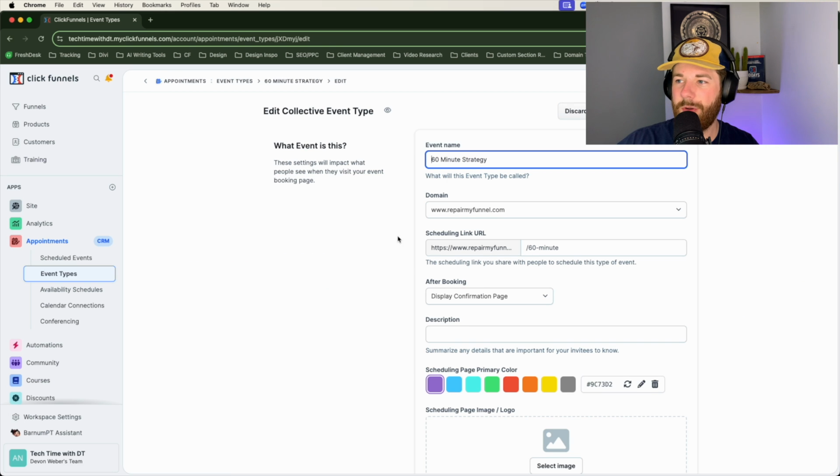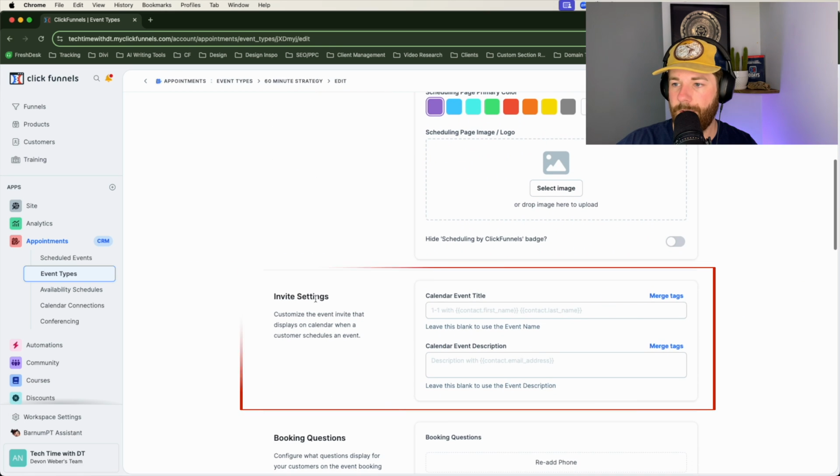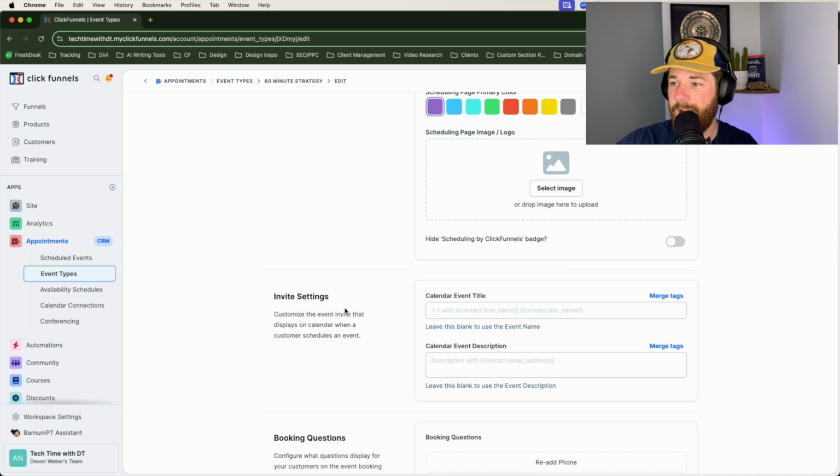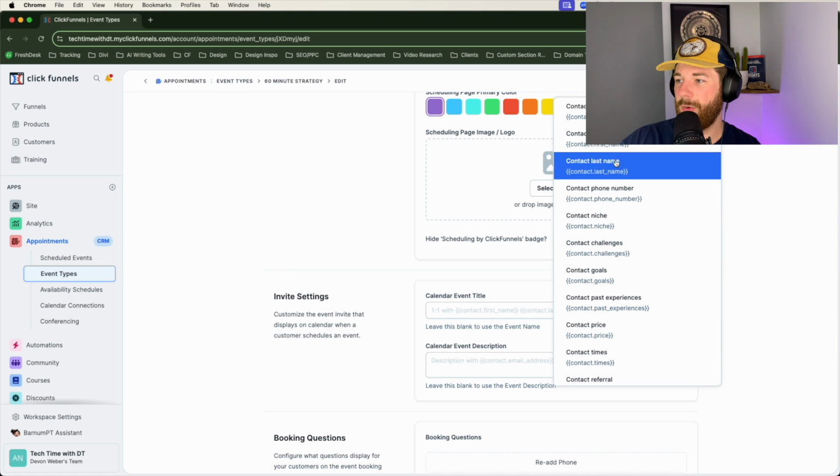Now from here, just scroll down until we see the option for invite settings, this guy right here. This is going to be the area where you can adjust the event name and the event description. If you want to use something like a contact's name within an event, you can do that now, which is awesome. That's one of the major things around this release that was just rolled out. Just click in this area. From there, click in merge tags, and you can select the correct merge tag that you